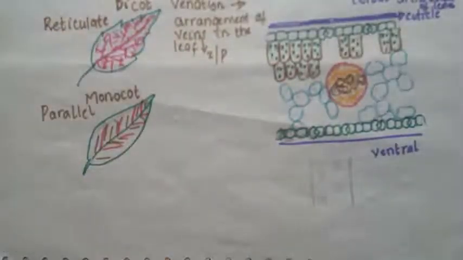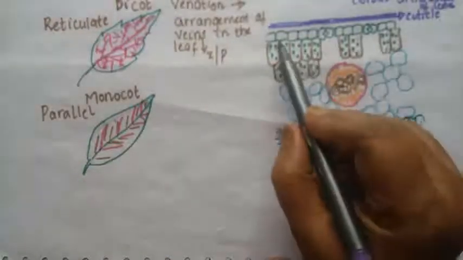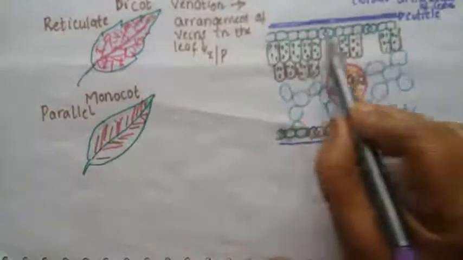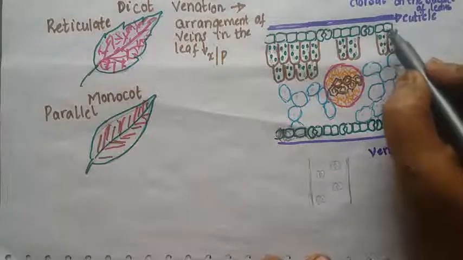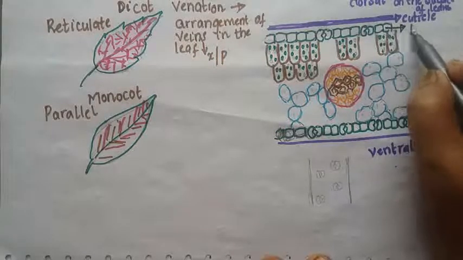Right? Yes. So let us move on to the next part. You can find the first layer, that is on the dorsal surface of the leaf. We find the structure. We call this the epidermis,